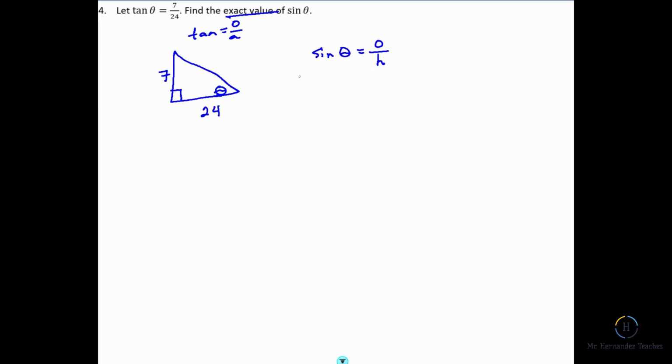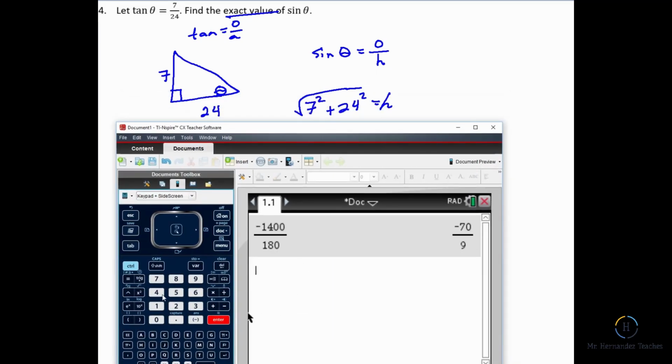What we're missing here, in order to convert this, is that we're given a right triangle with 2 legs. We're going to need to find that hypotenuse in order to give sine of theta. We're going to use the Pythagorean theorem to find the hypotenuse. So 7 squared plus 24 squared, and then the square root of all of this, that's going to get me that hypotenuse length. We're going to keep this in exact terms. So let me see, 7 squared plus 24 squared,